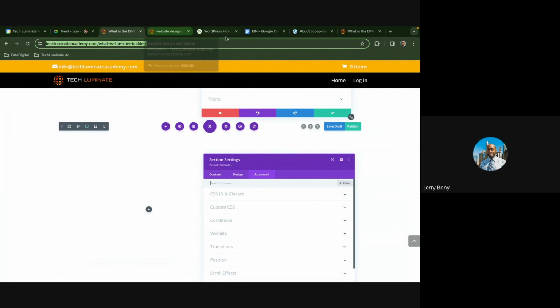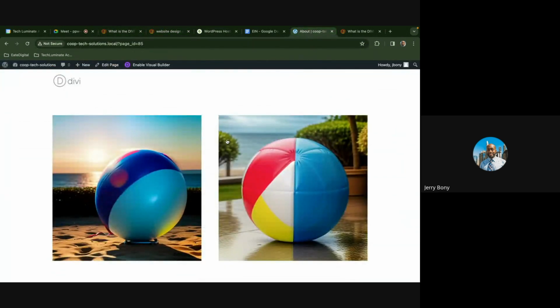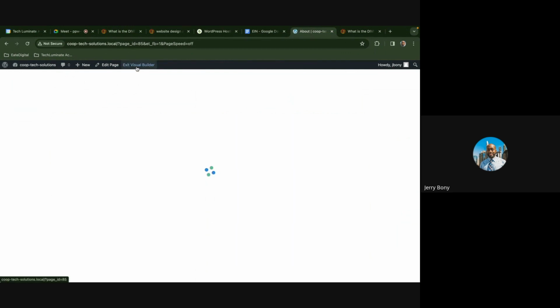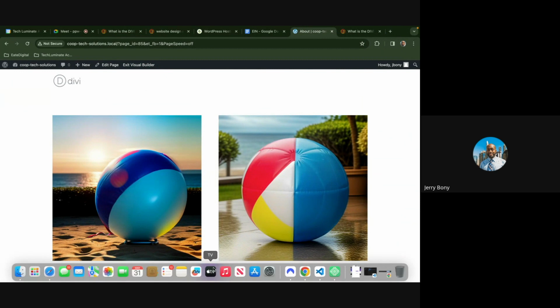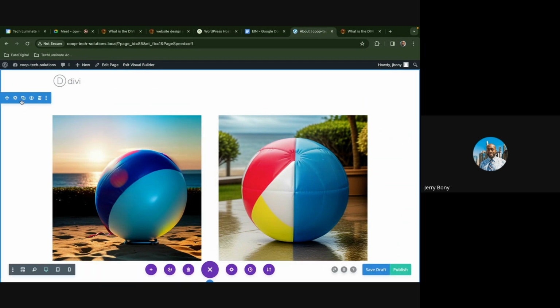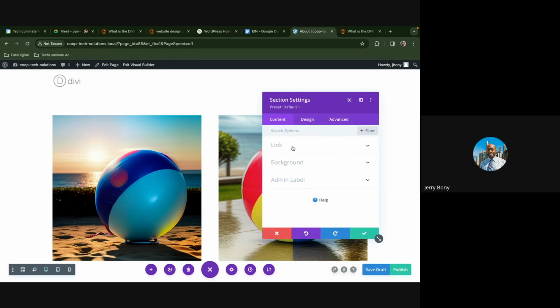Okay, cool, awesome. Back to what we were doing. So let's go back here. So that's pretty much that for the linking. But I'm gonna show you the other stuff that's involved, right? So if we come here, open this back up, you can change the links right here. You can also add a background color, a background gradient, and if you hover over this stuff, it'll show you what you can add, like a background image,